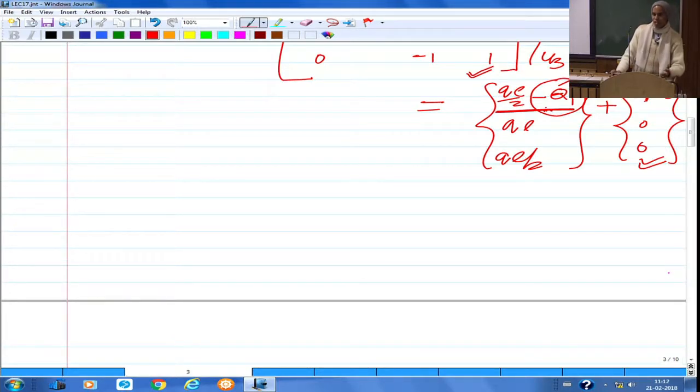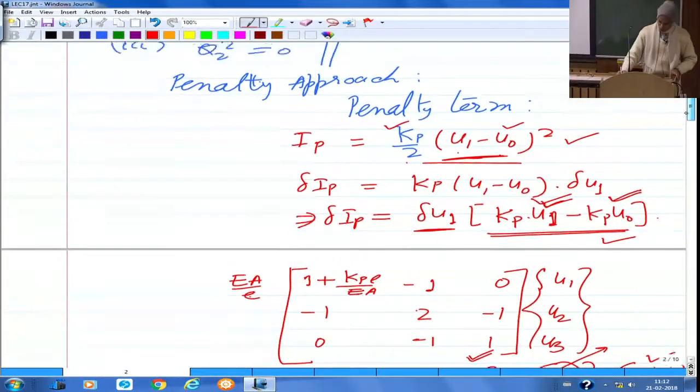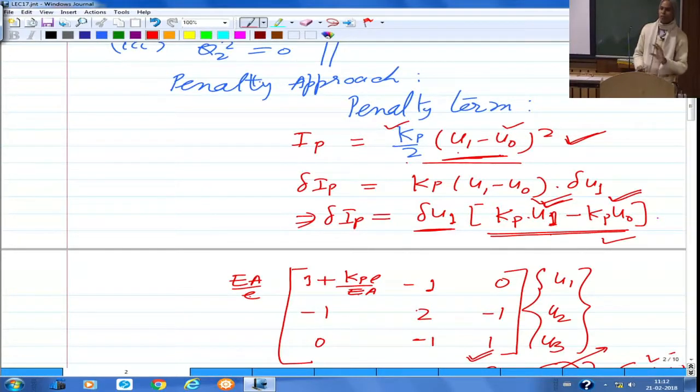Of course, there is another one known as the Lagrange multiplier approach that can also be used here, but the penalty function approach to implement the boundary condition is the same as what we do in optimization. So see here also, ultimately, if you see what we are doing,